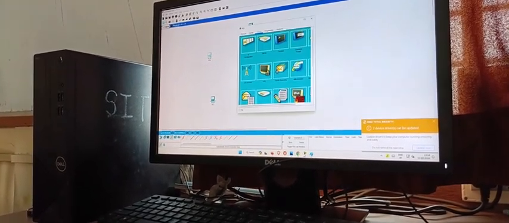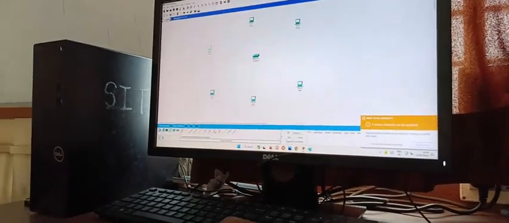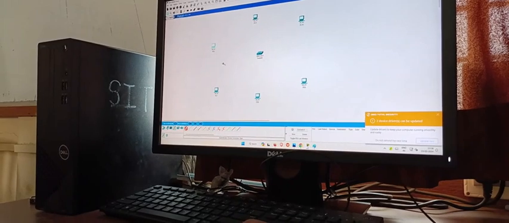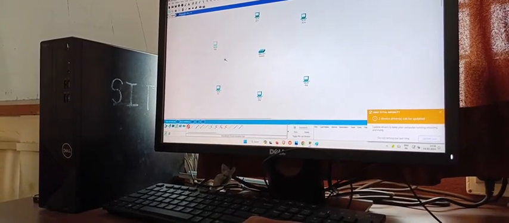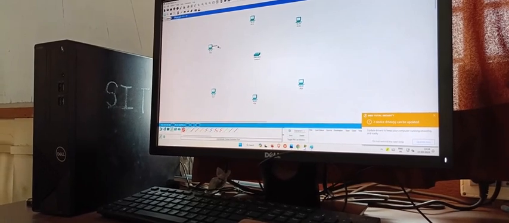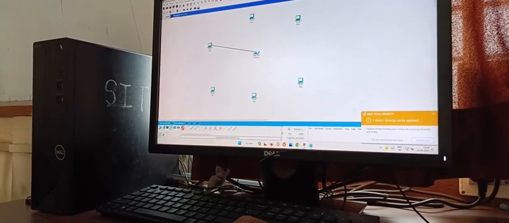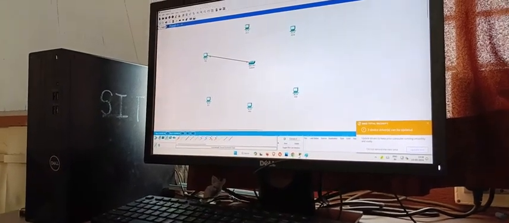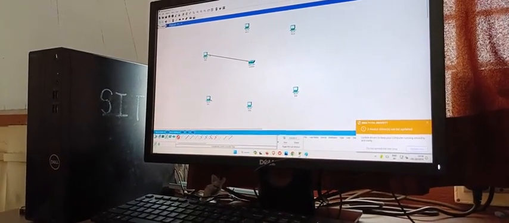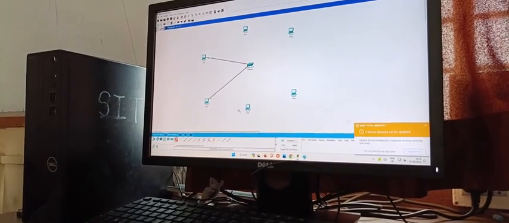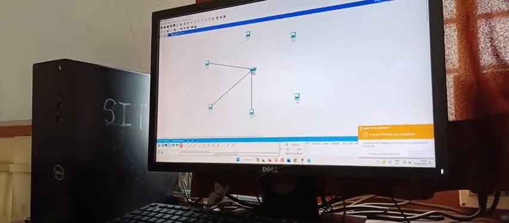Once you select that connection, the mouse cursor shows that symbol. So you have to click on the specific system and click on the switch to which you are going to attach that device. Likewise for each and every device you have to do the same, selecting that connection.